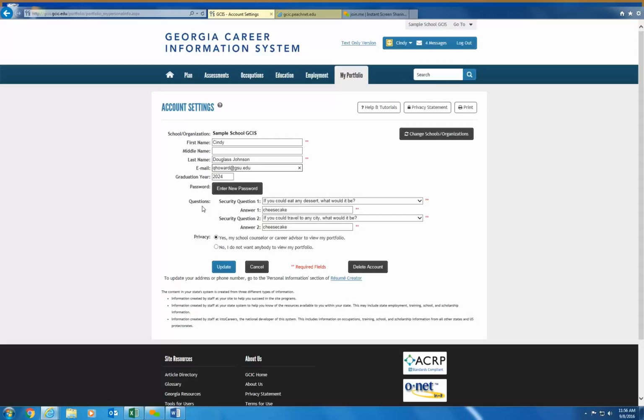So let's say that the student couldn't remember his or her password. On that same screen where we logged in initially where it asked for a username and password, immediately below that, it provided an opportunity for you to click on Forgot Username and Password.